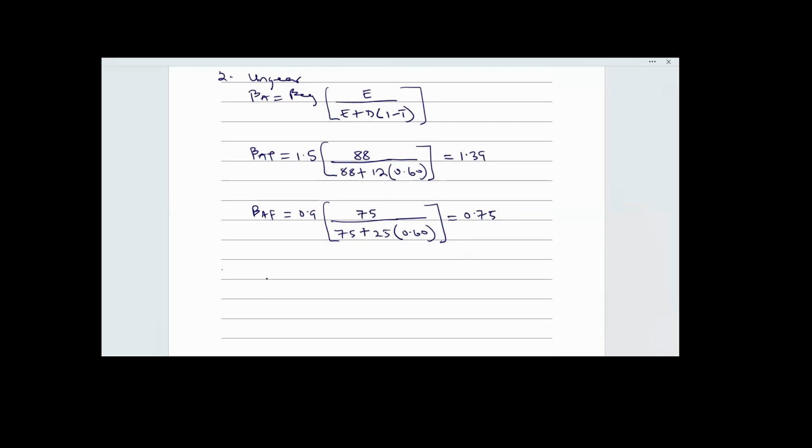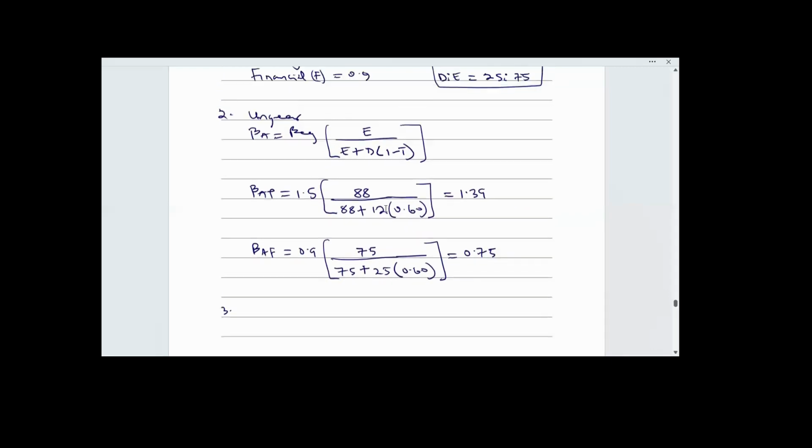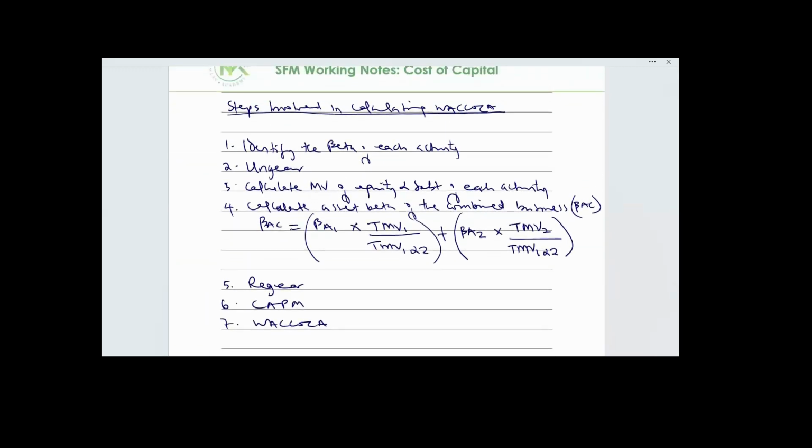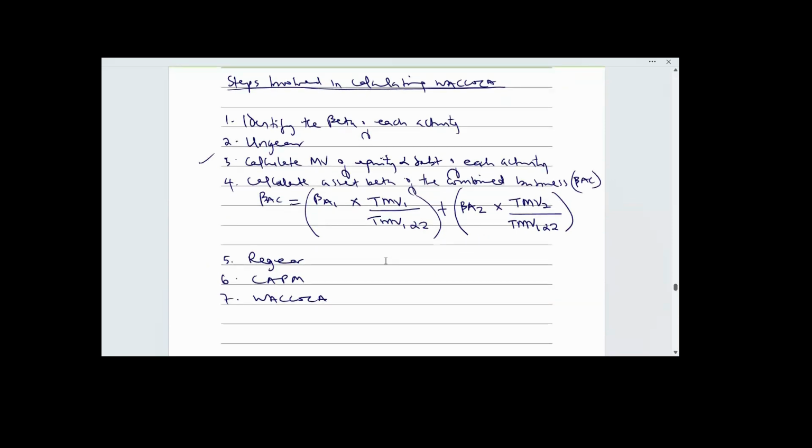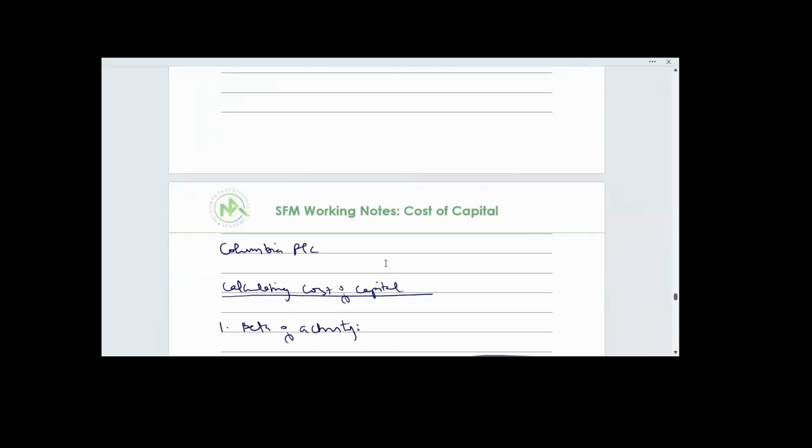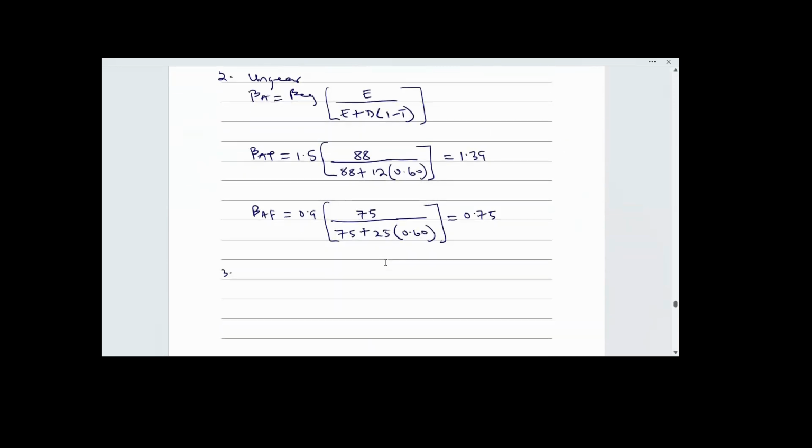So we are going to step 3. Step 3 says calculate market value. See, we are following a format. Step 3 says calculate market value of equity and debt of each activity. That is the market value of equity and debt of training and financial service. According to the question, let's go back to the question. We are told that